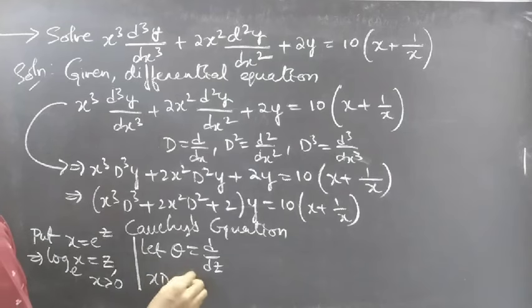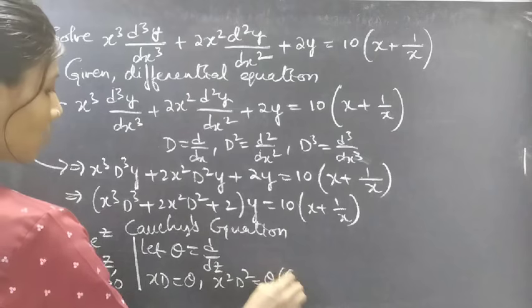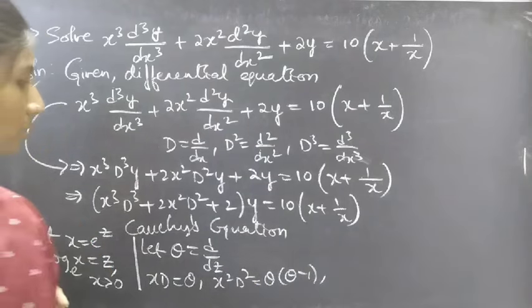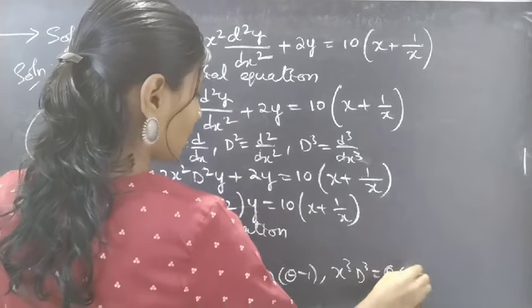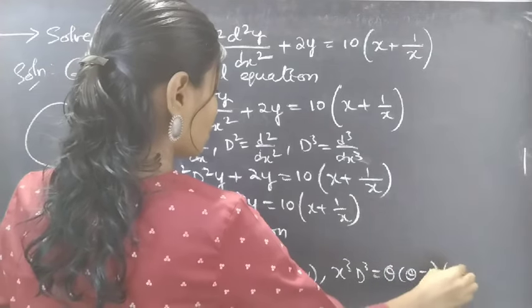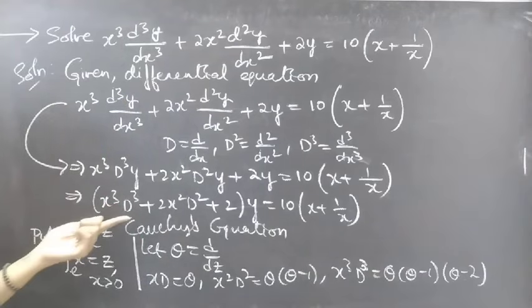Then xD equals theta, x square D square equals theta of theta minus 1, and x cube D cube equals theta of theta minus 1 into theta minus 2. Okay. Now this Cauchy's equation becomes,